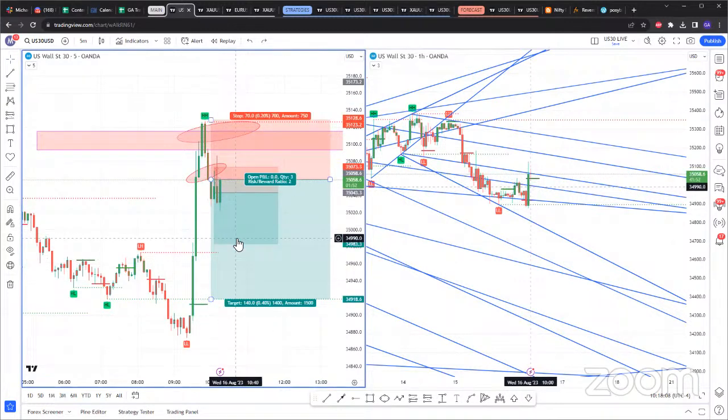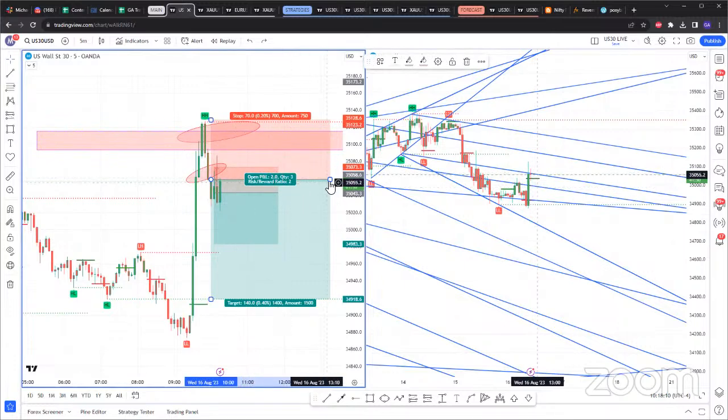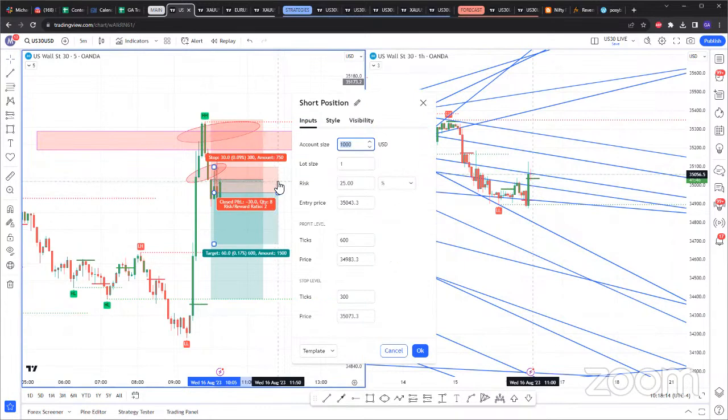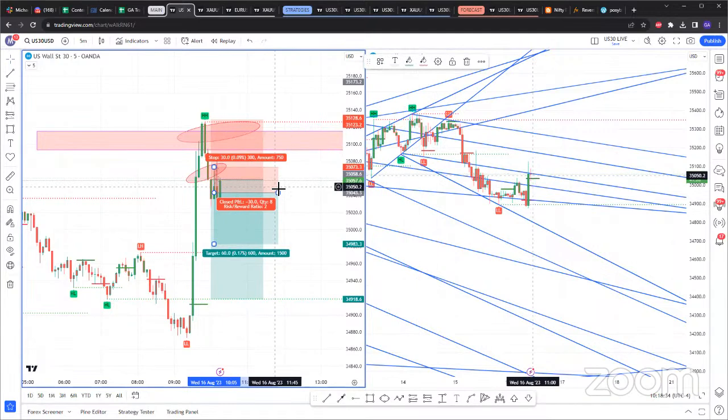So for this current trade that's running, personally I think it's stopped out. My stop, because I still have a 50-pip stop. Did I? Oh, I know I didn't get stopped out. I entered at 35,048. My stop loss is 35,097. No, that's still a 30-pip stop. Okay. Yeah, I think I just entered late.